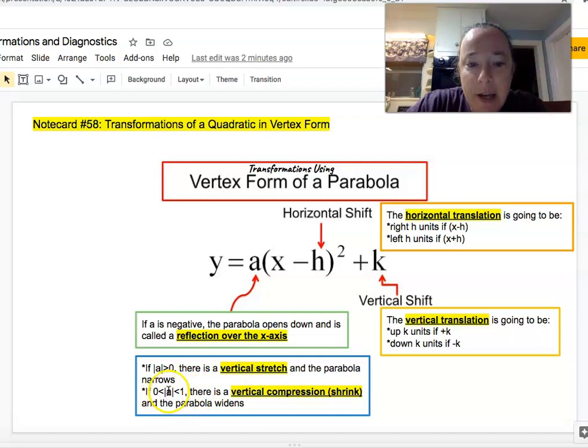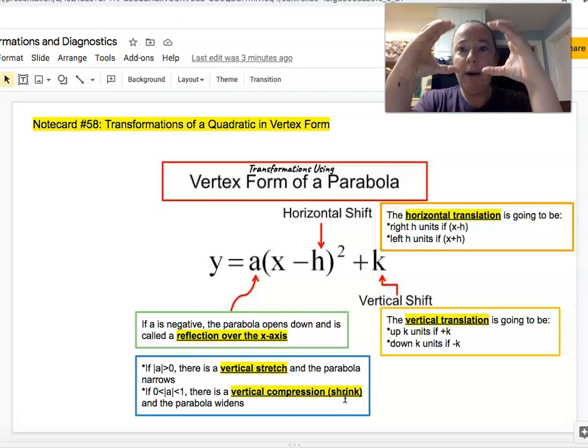If the absolute value of A is between 0 and 1, so 1/2, 2/3, 0.4, 0.9, 0.6, 0.1, 0.002, any of those, if that number out front is between 0 and 1, the absolute value of A, there is a vertical compression or shrink. You could say that either way. And if you have a parabola and you compress it vertically, it is going to become,